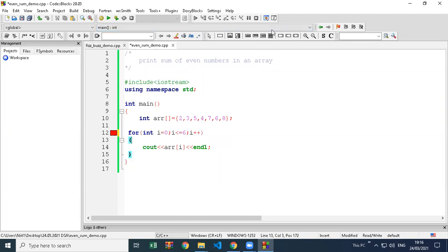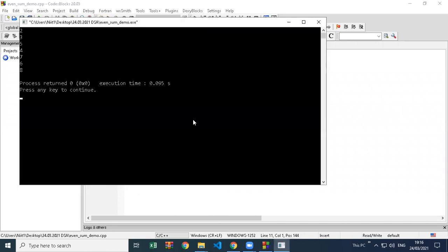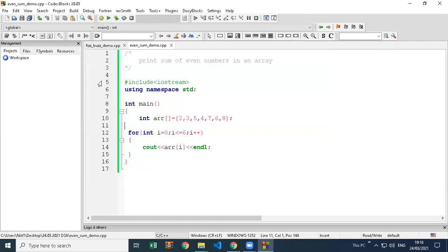Yeah, so you can see everyone, this is a correct code now. Let's execute. See, it's printing all the numbers from our array. So how is it working? Our I value starting is 0. So it is going to print ARR of 0 here. We don't have to write ARR there in the loop. So that loop is just giving index. Now ARR of 0. Next value of I is 1.